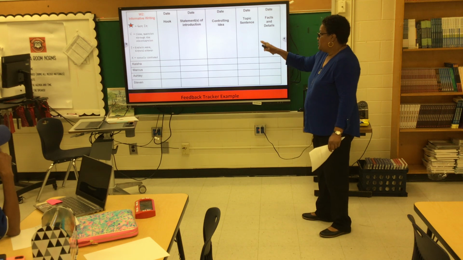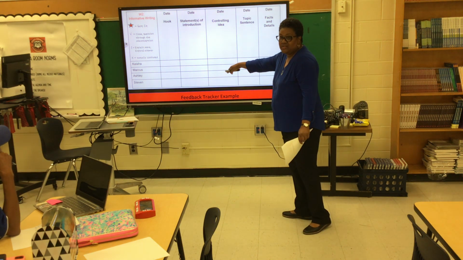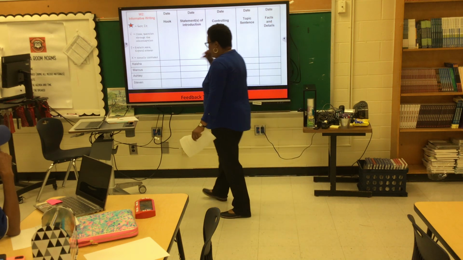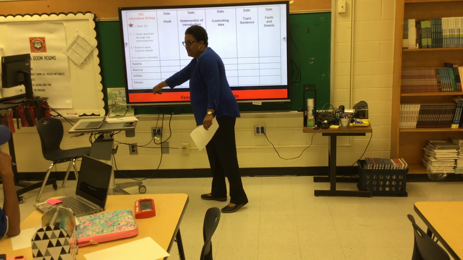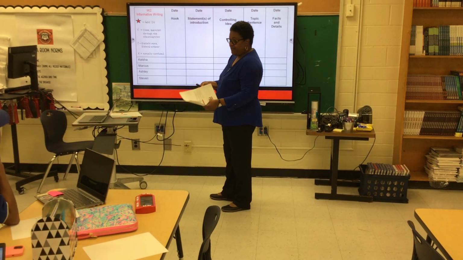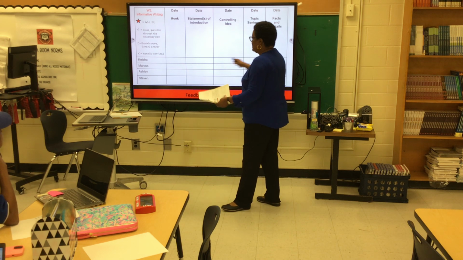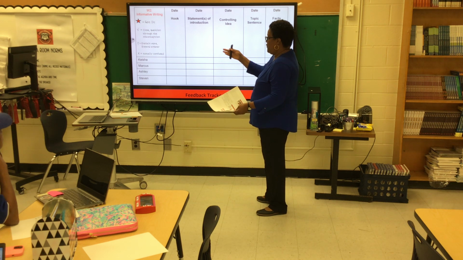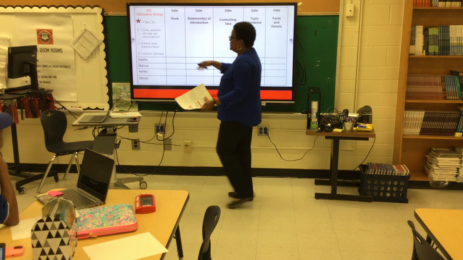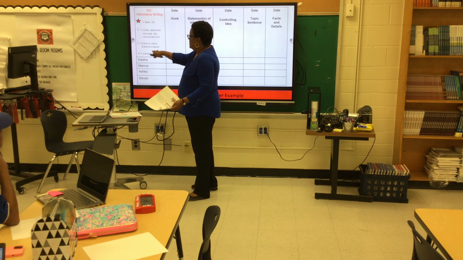Now, tracking. This is an example of a tracking sheet. This is just an Excel document that I have printed all my kids' names in all 3 classes, and I keep blanks. So every week, I'm putting one on my clipboard, or every day, however you're tracking, all right? We're gonna say this is my week, and I'm doing informative writing. So I would just put my success criteria or my standard up there, just keywords, and what my tracking system